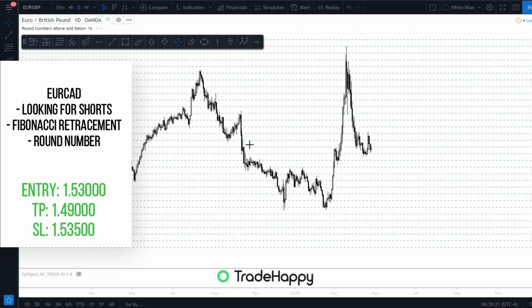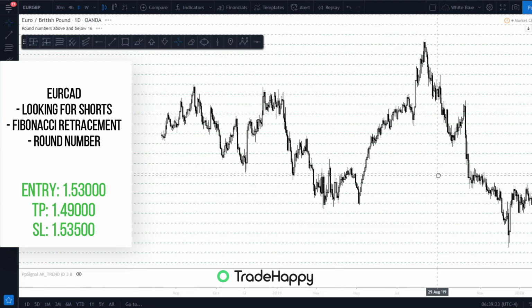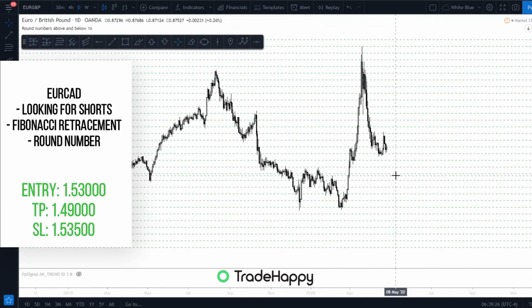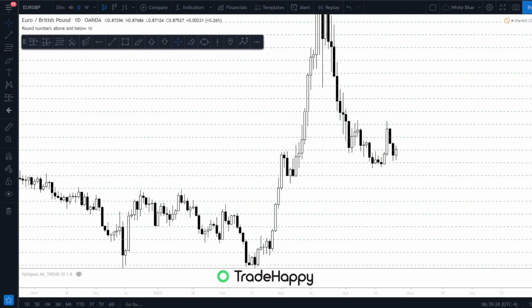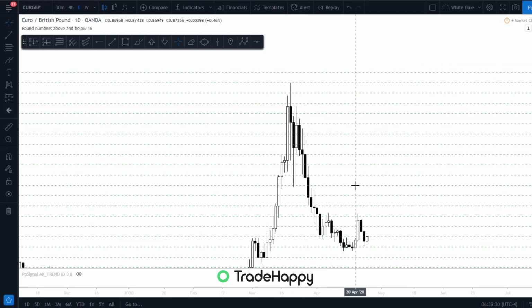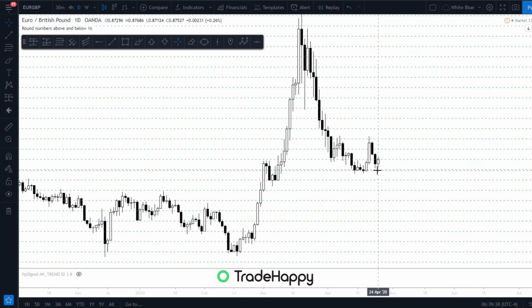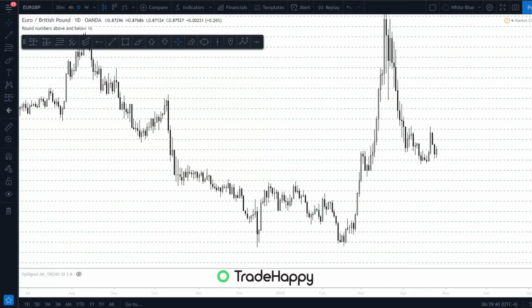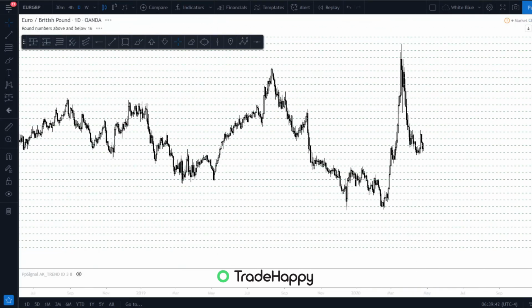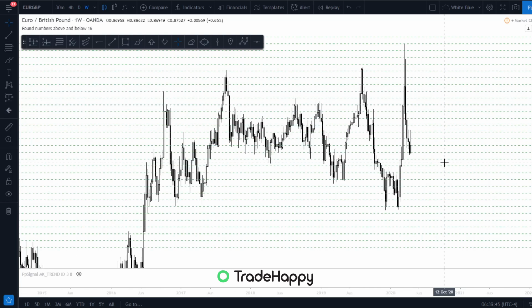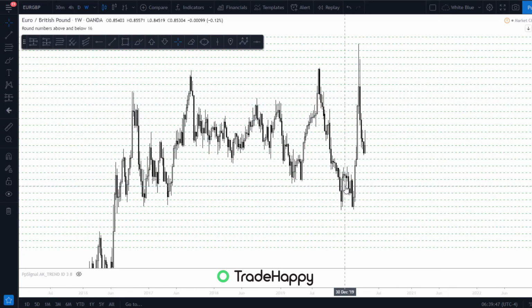Next, GBPUSD. Checking the higher time frames. We've obviously had the move down, and we've had a little move up, and then we've come down again, and we closed on a bullish candle. So I'd probably be looking for, not really sure to be honest, probably,